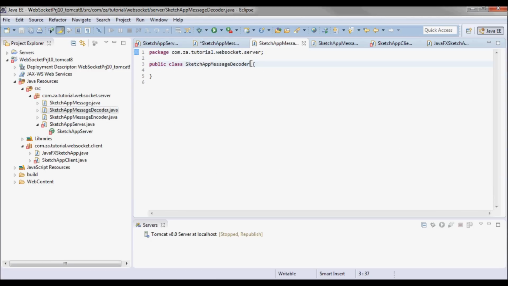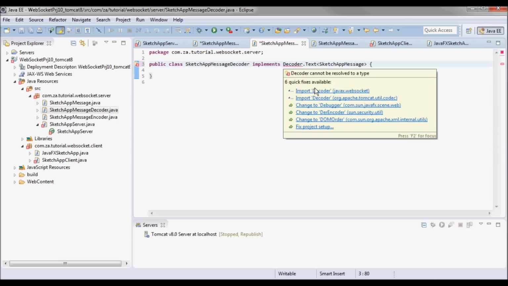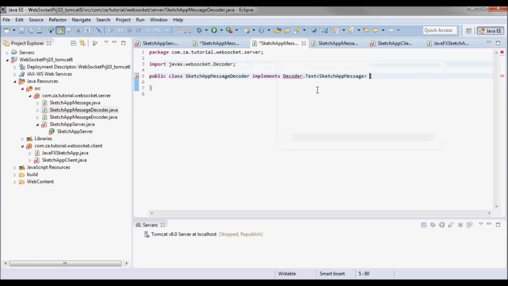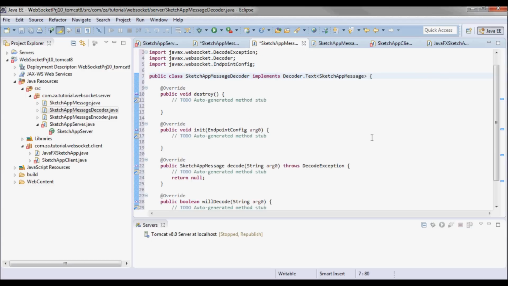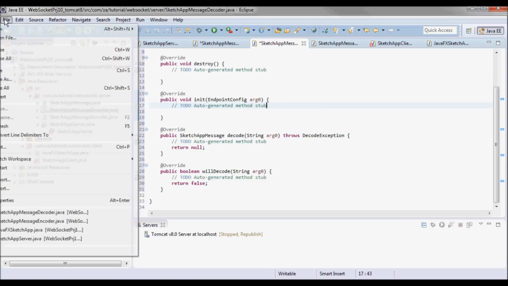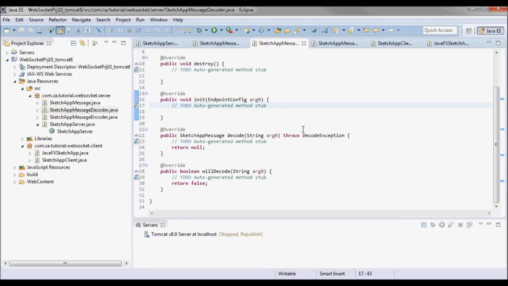And the decoder will implement Decoder.Text, and by doing that we'll add these methods.